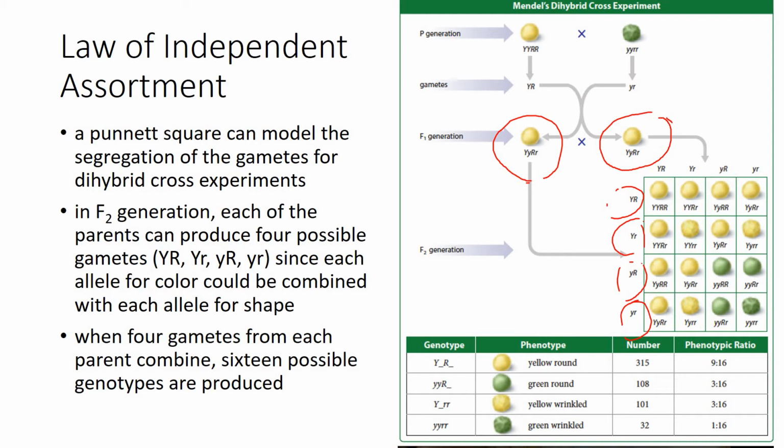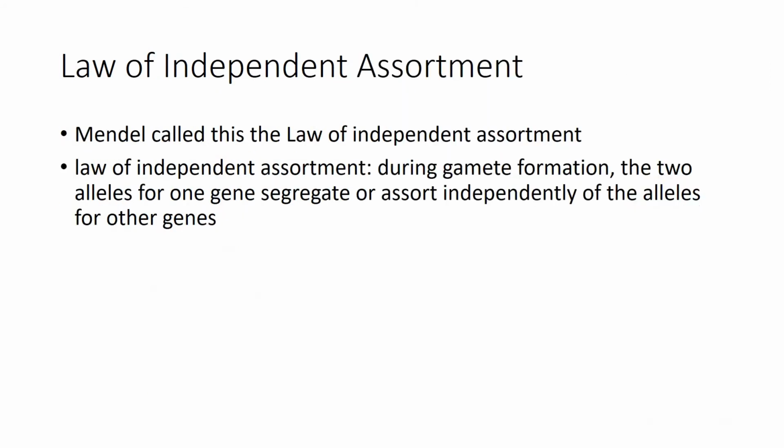So now we're going to put them into our 4 by 4 because it's 4 gametes each. So it's going to be a 4 by 4 Punnett square. And here are our genotypic and phenotypic ratios that showed up. So Mendel called this the law of independent assortment, where during gamete formation, 2 alleles for one gene